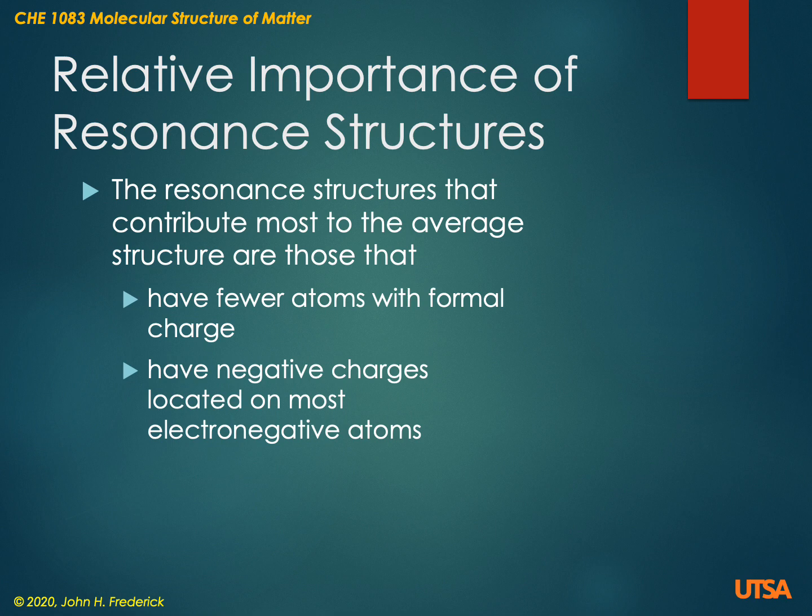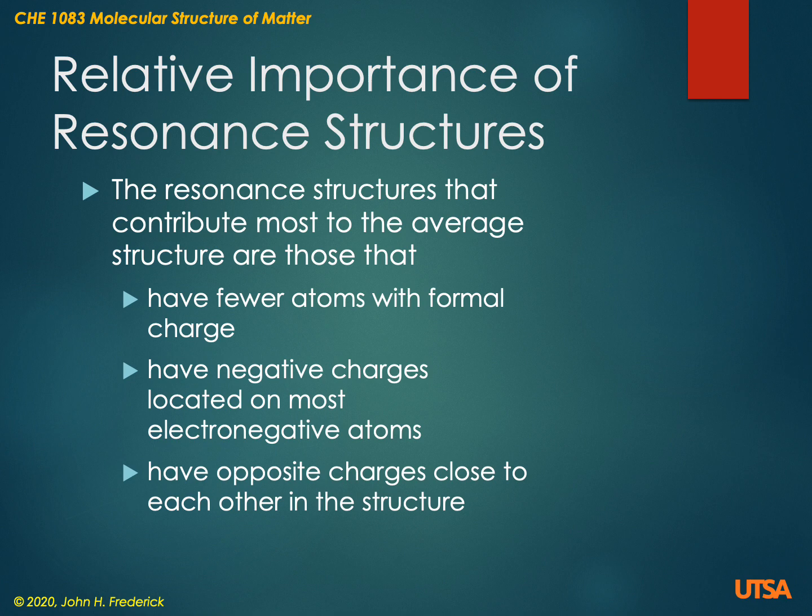We would want to have negative charges on the most electronegative atoms. You notice in the final case for sulfate and phosphate, all the negative charges were on oxygen and none on phosphorus or sulfur, because oxygen is more electronegative. They would have opposite charges close to each other in the structure. Now in this case we eliminated the opposite charge by creating the extra multiple bonds, because phosphorus and sulfur could